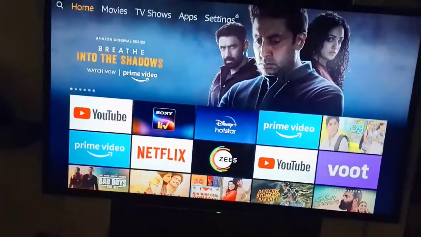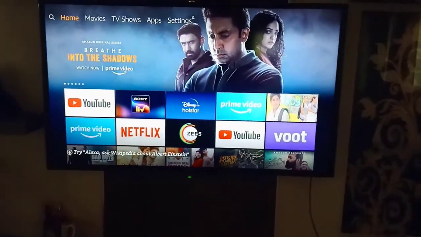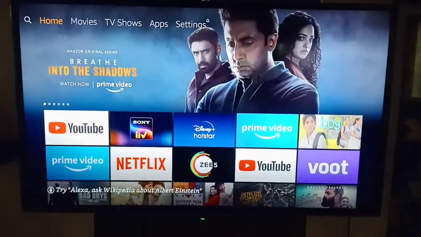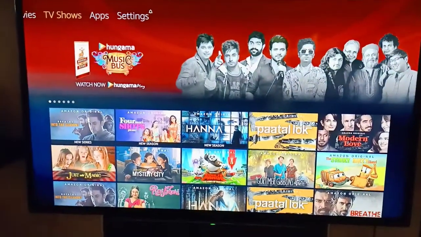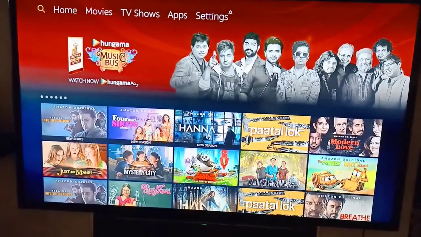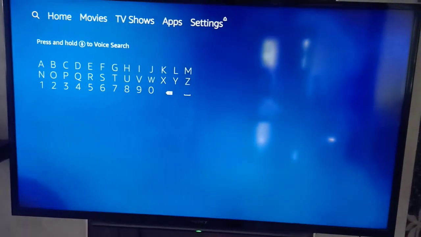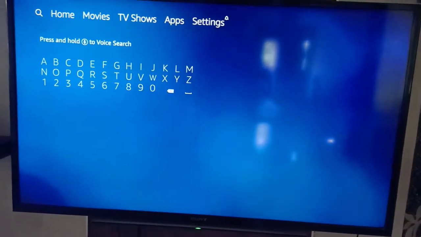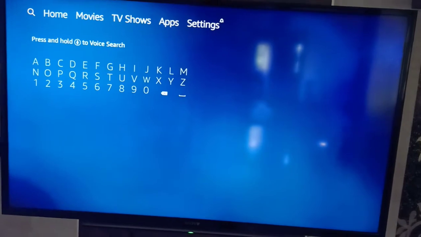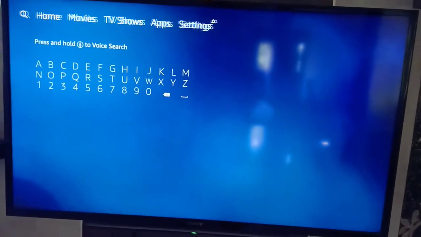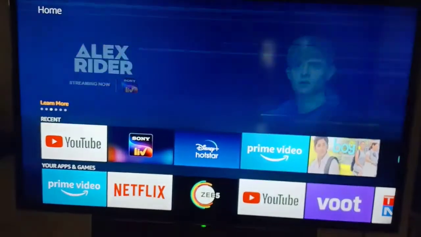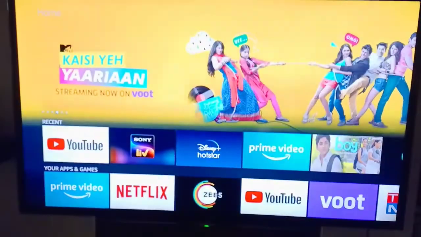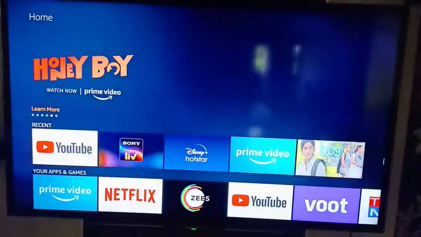Also, sometimes you can use your TV remote to swipe in Amazon Prime tabs and movies. That is also functional. So this is the home page. You can search whatever movies or TV series or anything that you want, actor name, movie name, anything. This is the home page. They will show what latest movies are seen here, TV shows and movies. So these are some of the recent ones.